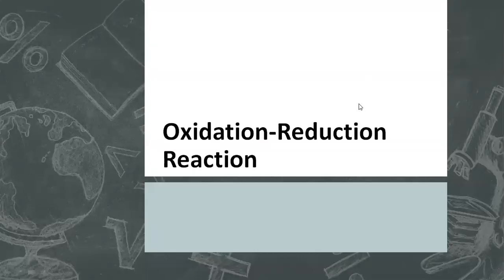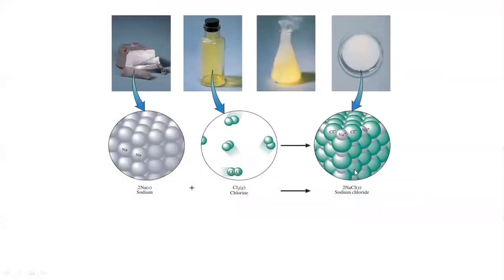Oxidation reduction reaction. Sodium chloride can be formed by the reaction of elemental sodium and chlorine. In this reaction, solid sodium, which contains neutral sodium atoms, reacts with chlorine gas, which contains diatomic chlorine molecules, to